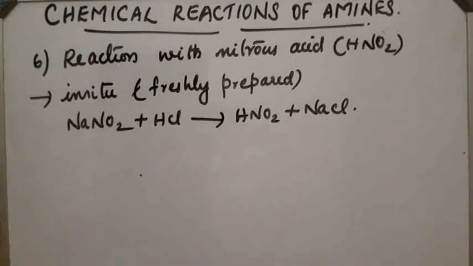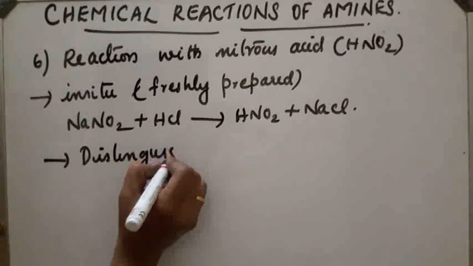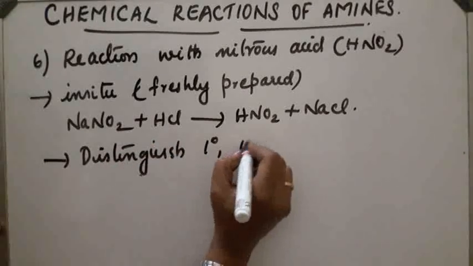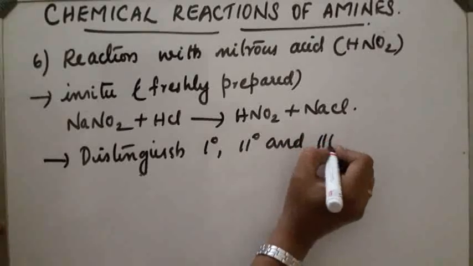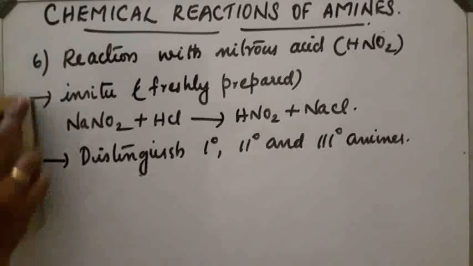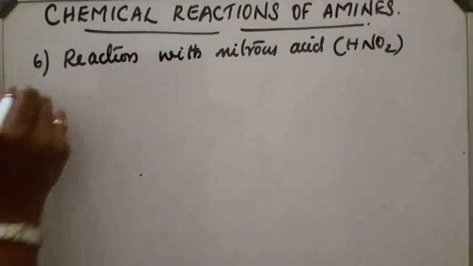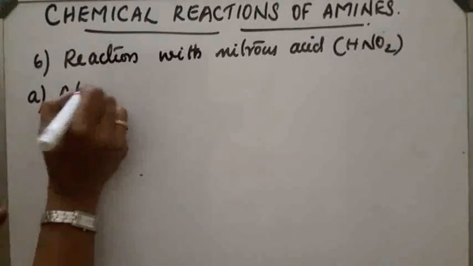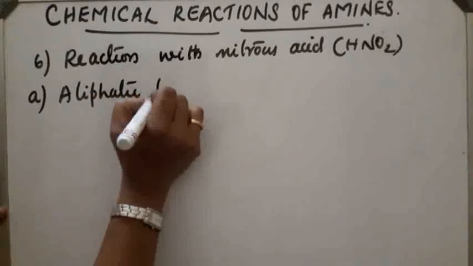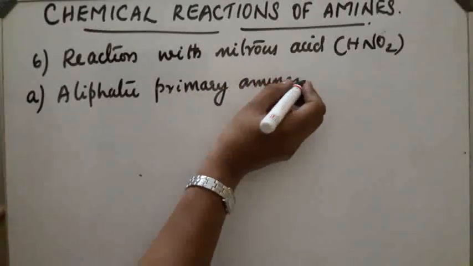Different amines react in different manner with nitrous acid. So this is an important reaction to distinguish primary, secondary and tertiary amines. Let us see the reactions one by one. First one, reaction with aliphatic primary amines. Aliphatic primary amines. Example,